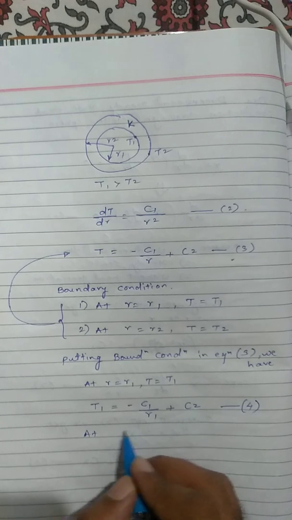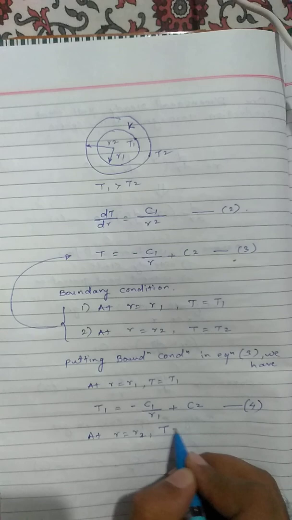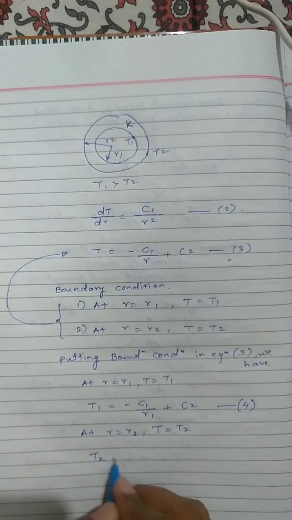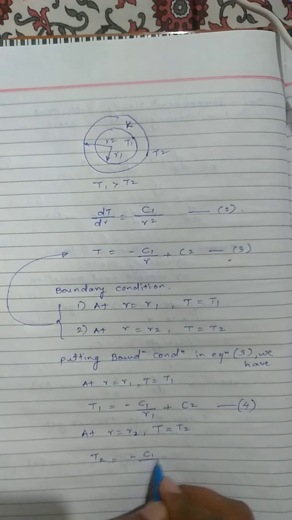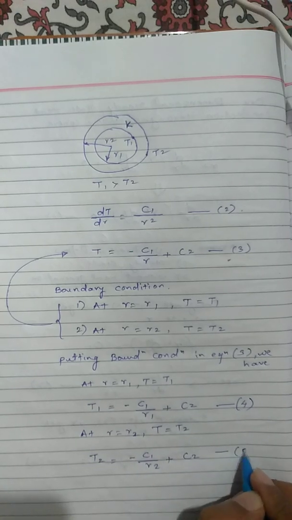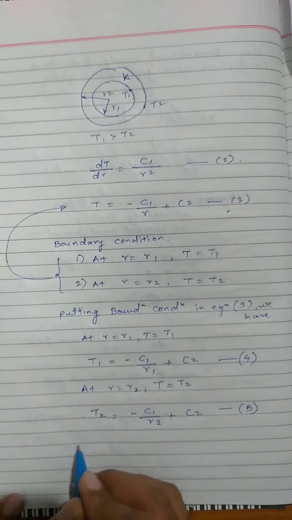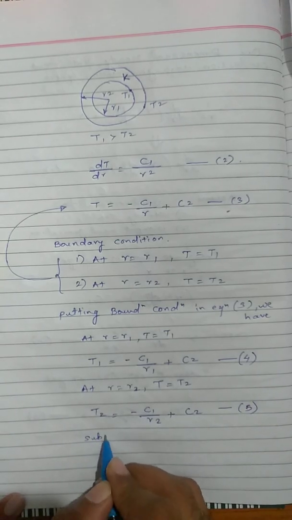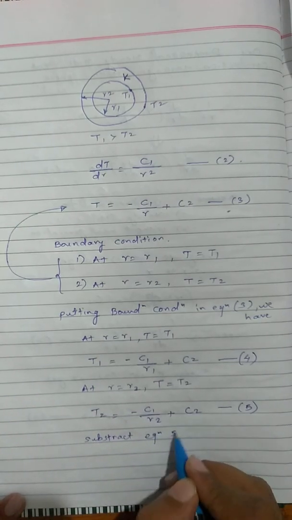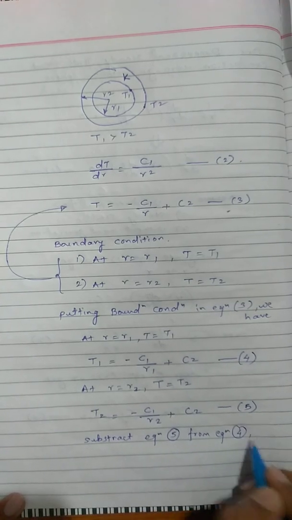At r equal to r2, T equal to T2. So your equation number 3 will become T2 equal to minus C1 divided by r2 plus C2. This is equation 5. Now we are going to subtract equation number 5 from equation number 4 to get the value of C1 first. So subtracting equation 5 from equation 4, we have,